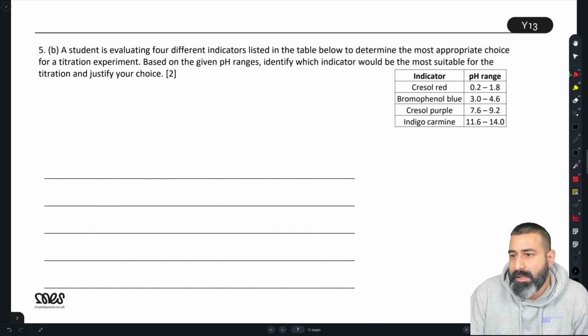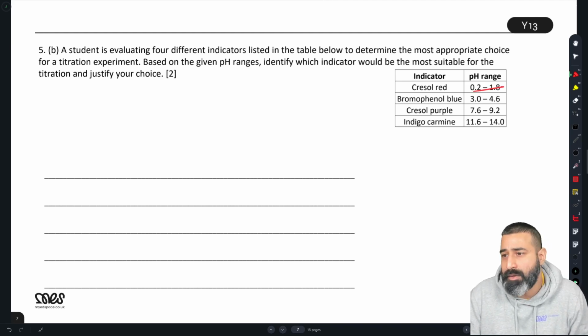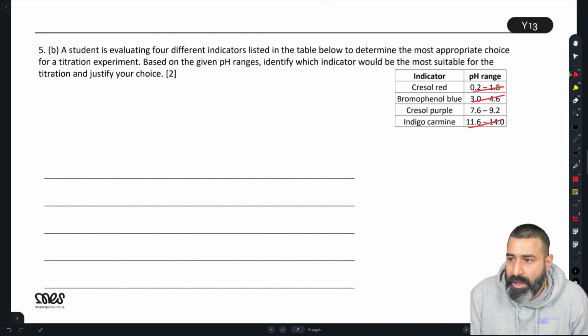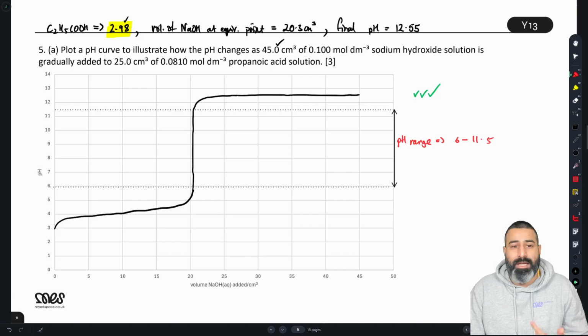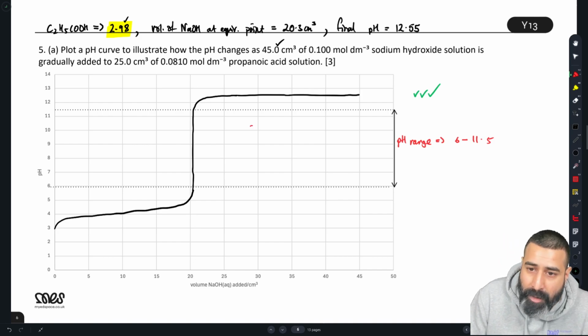Okay, yeah, absolutely. So Cresol red is too low down in pH. Bromophenol blue is too low down in pH. Indigo carmine is too high up. So therefore, Cresol purple is the indicator that we need. And the reason for that is the color change of the indicator is within the pH change or the vertical section of the graph. So you get 1 mark for saying Cresol purple because the color change